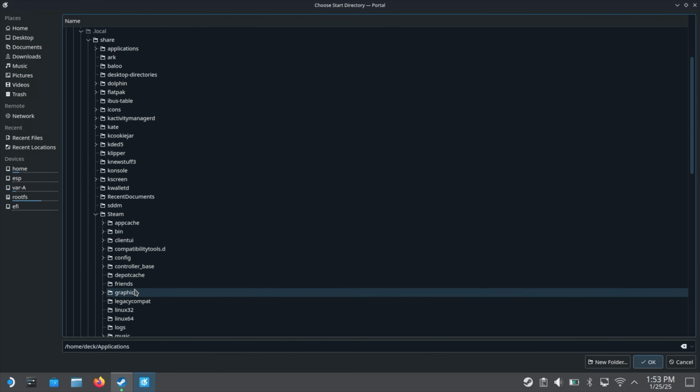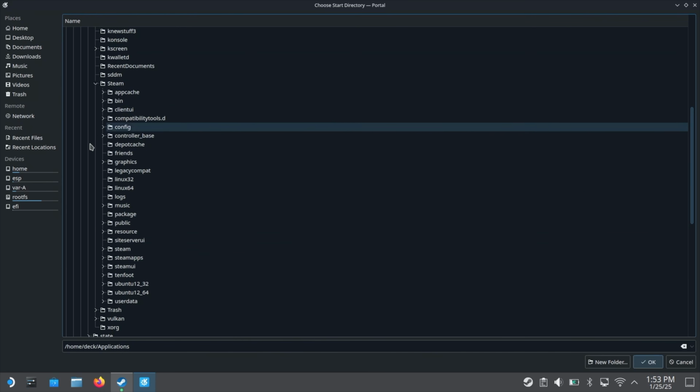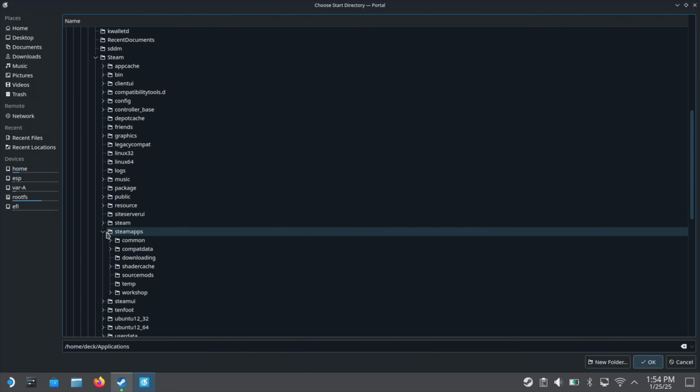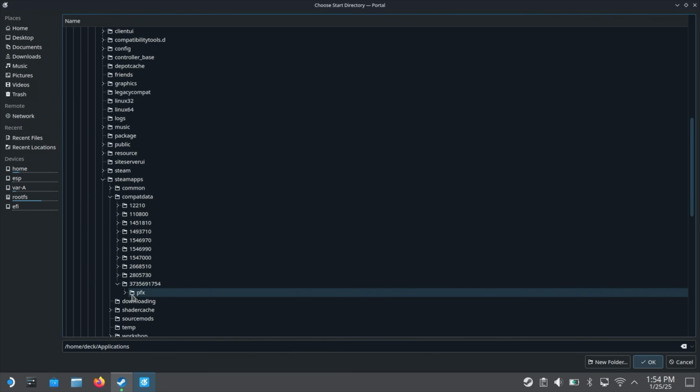So we open that up here, and bear in mind you will need to start scrolling down, as that's going to obviously help you in terms of visibility. So we click on Steam apps next, as we did right here, and then we'll need to go to the compatdata directory, and you will now need to find the folder that you took the picture of or saved. In our instance, I believe the folder that we had, which I'm just going to double check now, is the one that ends in 1754, which is this long one right here. But please make sure that you do go to the correct one,